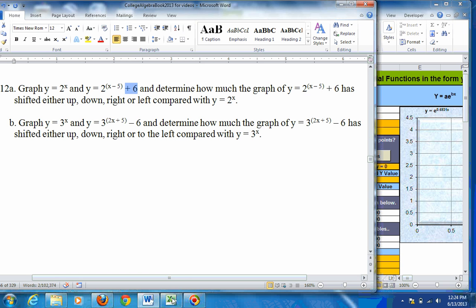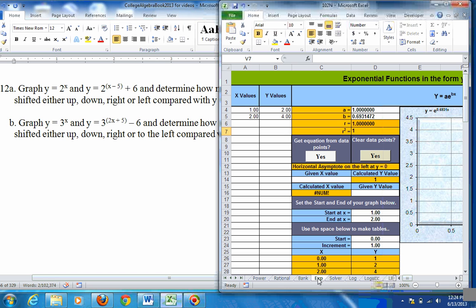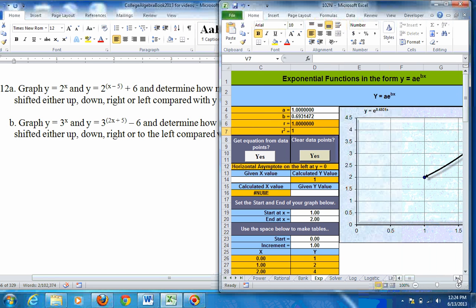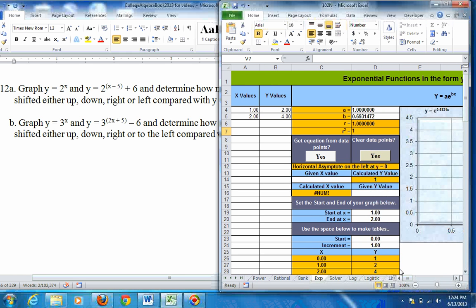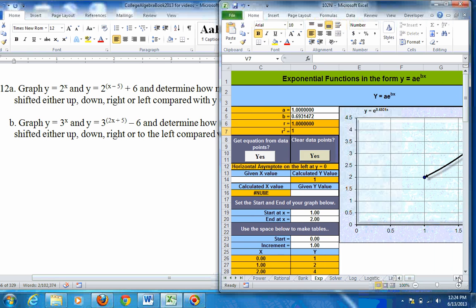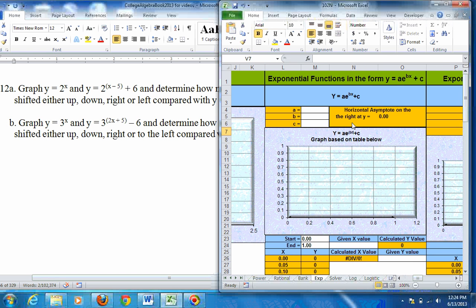Now you can graph these exponential functions on the exponential sheet, the sheet right after the bank sheet. And if you scroll to the right on that, see, you can't type something in y equals 2 to the x here because the base is always e on this first one. If you go to the next one, it's the same thing. The base is e. It just leaves you a little shift up or down thing with the plus c. But the third one over,